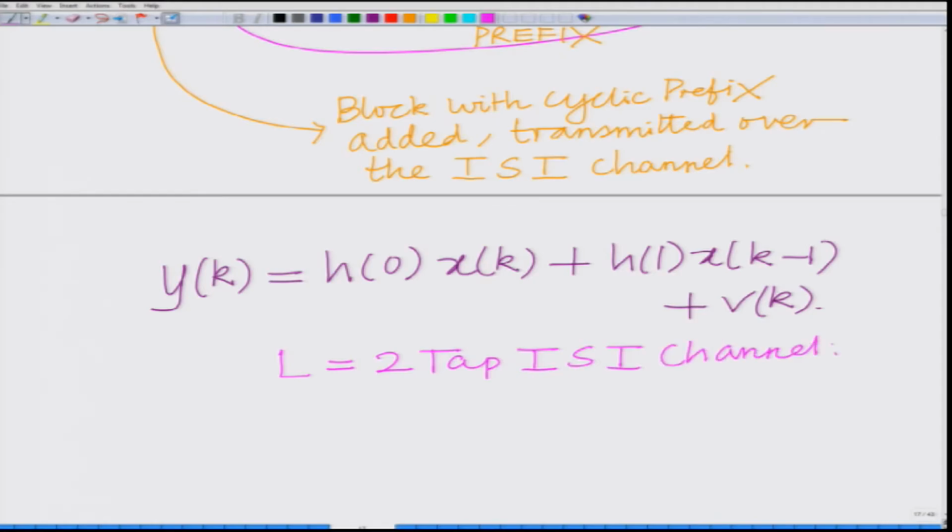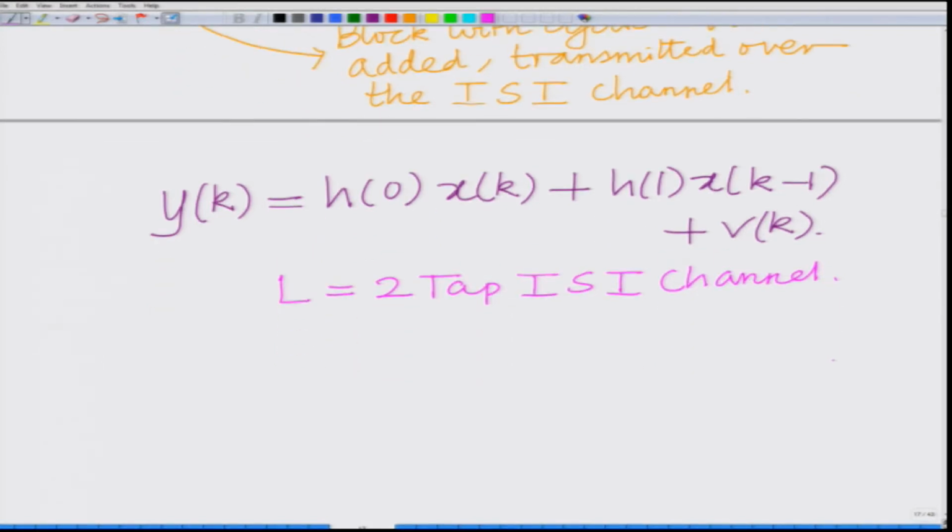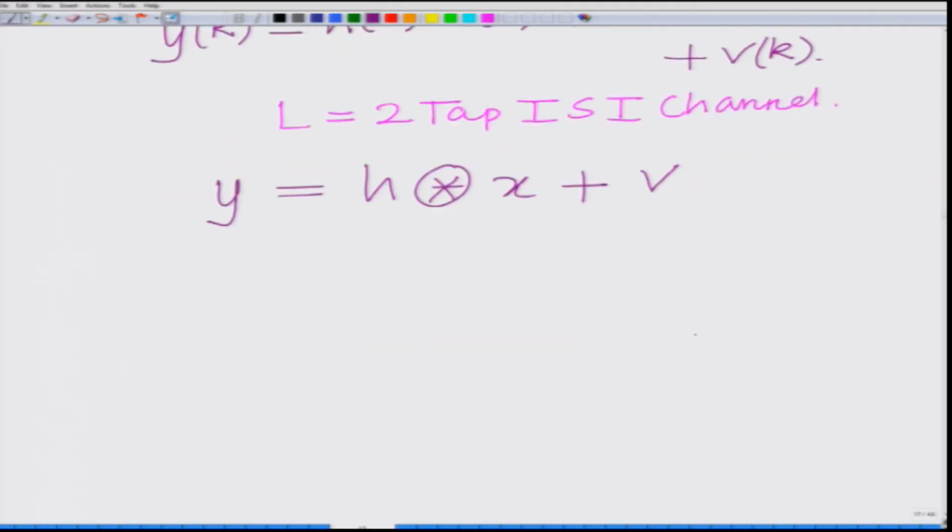This is the L equal to 2 tap ISI channel. Therefore, the action of the channel is now, because you are transmitting the cyclic prefix added block of samples, the action of the channel is basically circular convolution in the presence of additive noise. Now once you take the FFT of the received output samples,